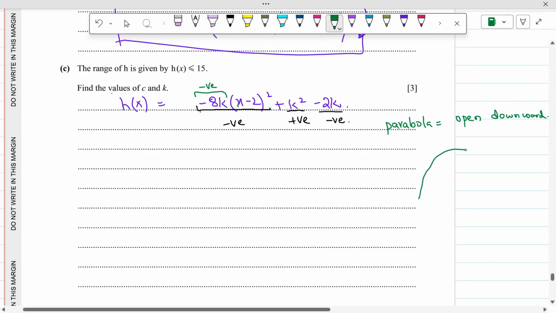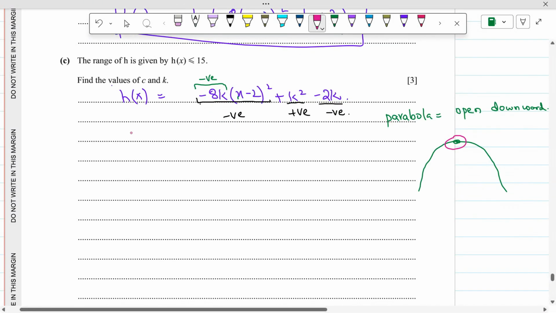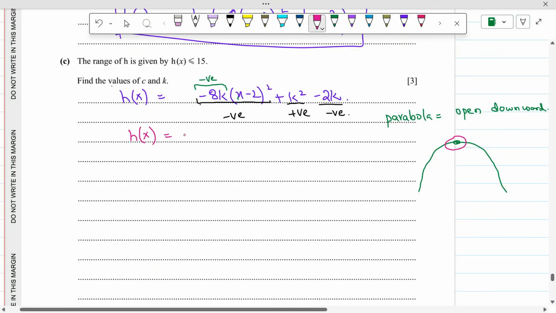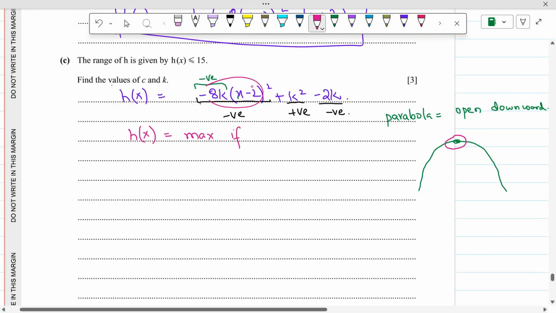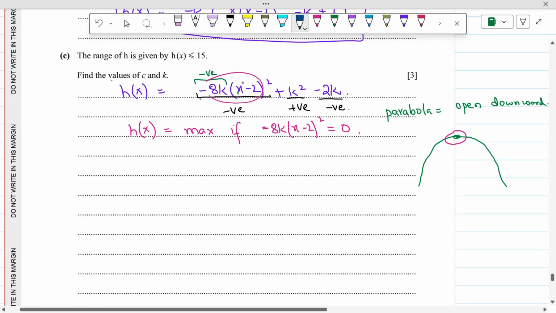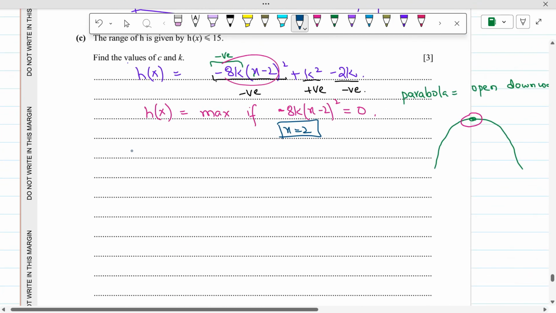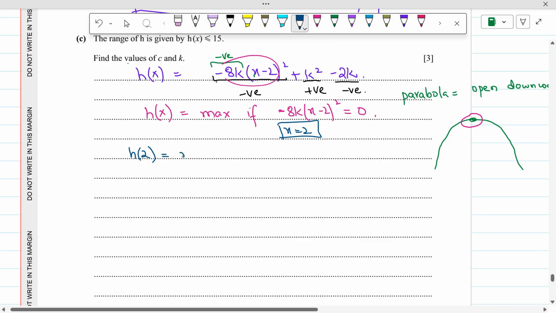Okay, so it will be like this, and the maximum value will occur when this value is 0. If this value becomes 0, we will have the maximum value. So h of x will be maximum if 8k times (x minus 2) whole square is 0, because we cannot change k. We get the maximum value when x is equal to 2. So this value is 0 when x is equal to 2. So we can say that h of 2 will have the maximum value,